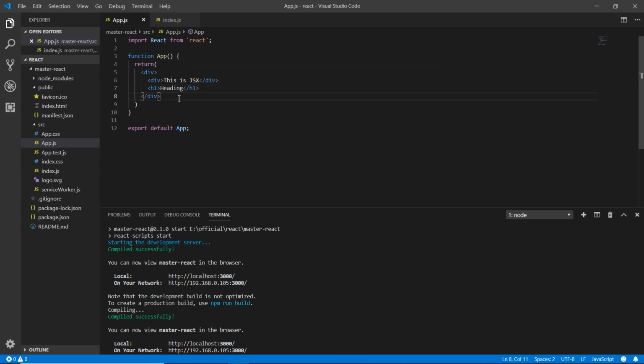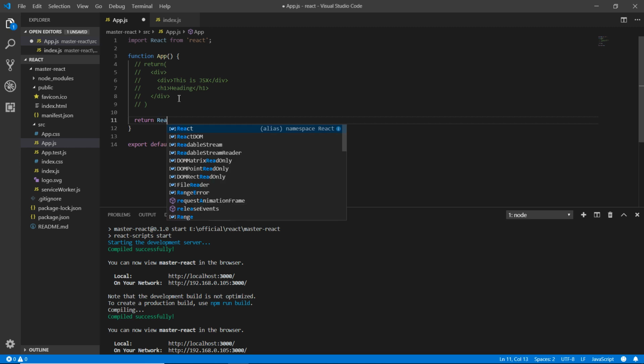Okay, what if you do not write this in this way? Then what would you be able to do? I'm going to show you the other part. If you do not choose to go with the JSX, it is not necessary for you to use the JSX. You can go with the plain HTML way, and in case you go with that way, what you need to do is something different. I'm commenting out everything here, and I'm making another return. Now because this is not the JSX, it doesn't need the parentheses, I'm directly writing it in the HTML way. So first of all, I need to write React dot